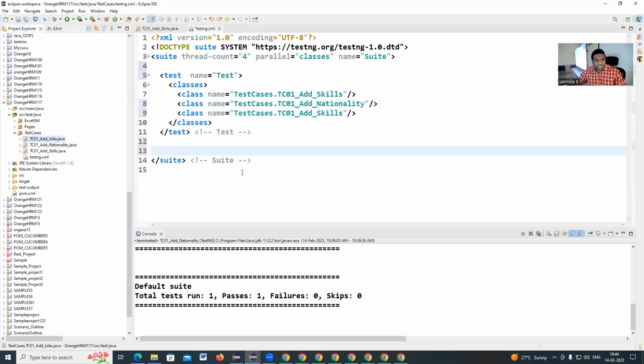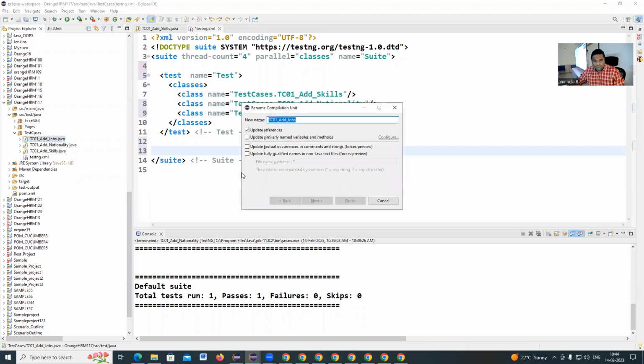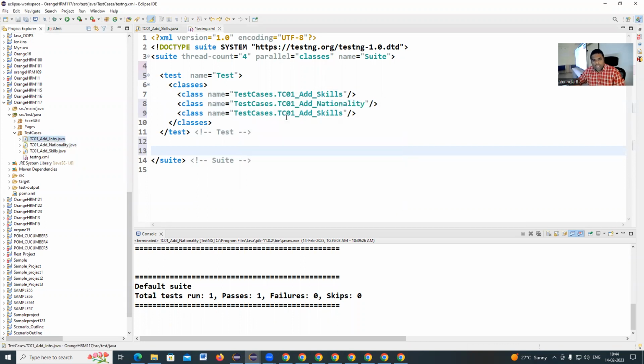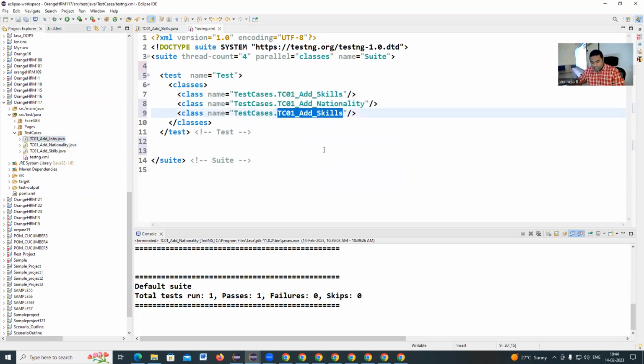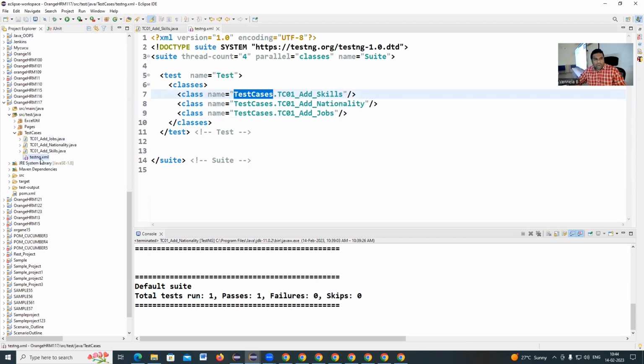Similarly for TC01 add jobs, F2, Control C and change it here. My test cases package contains these TestNG class files. Now if I right click on my testng.xml and do